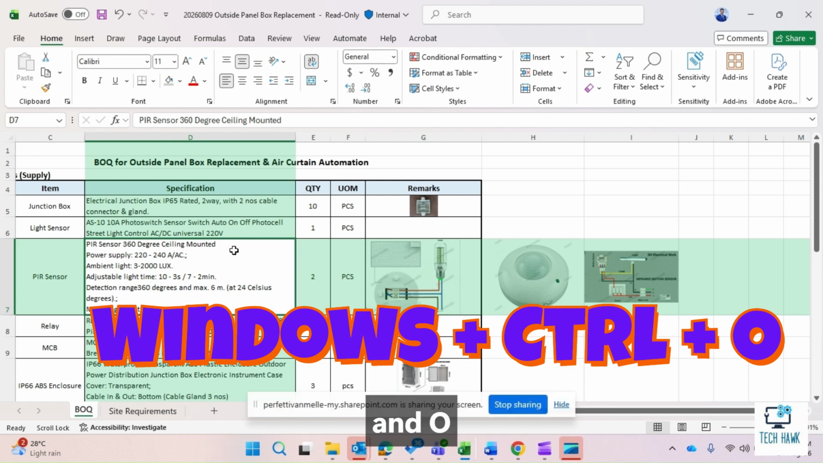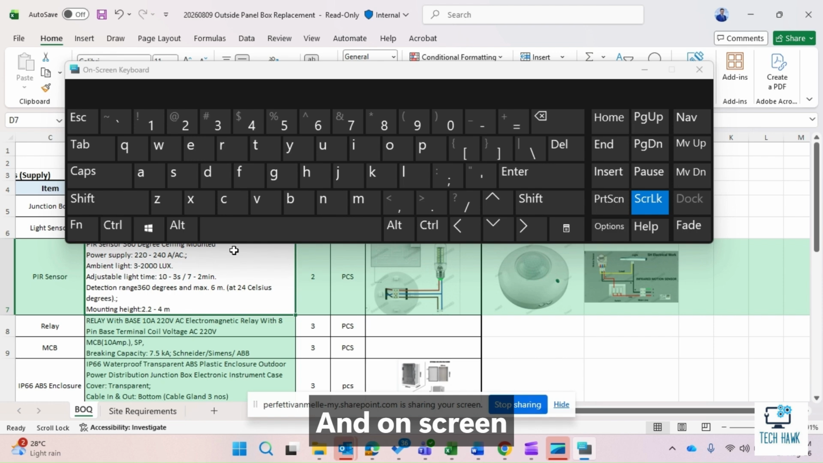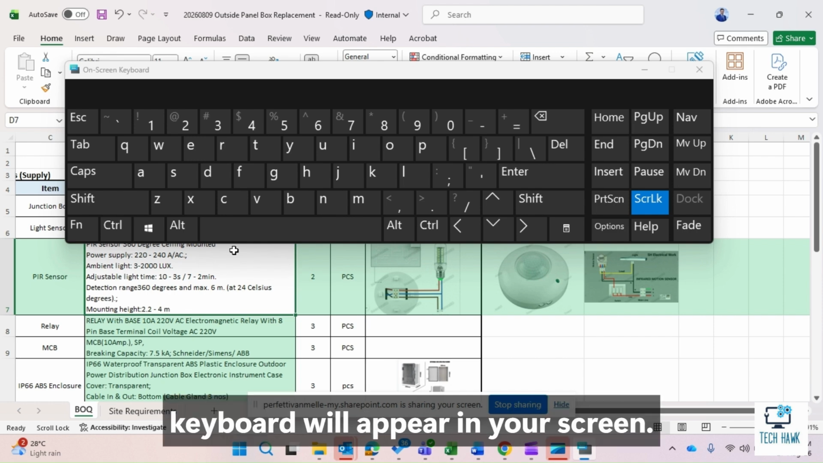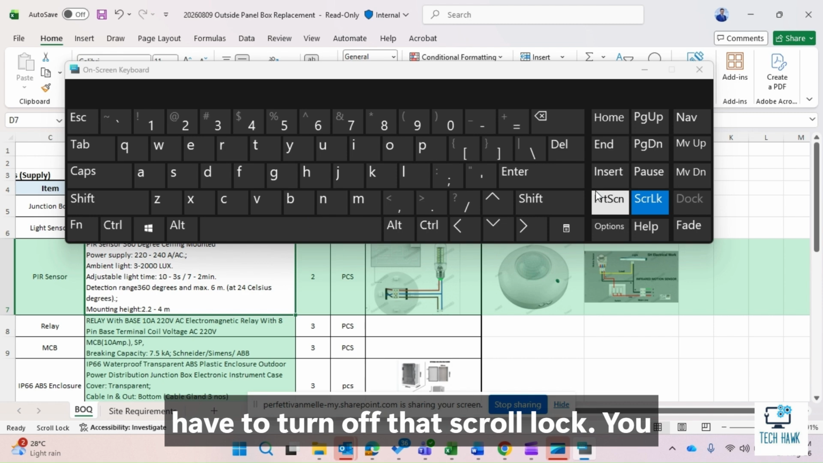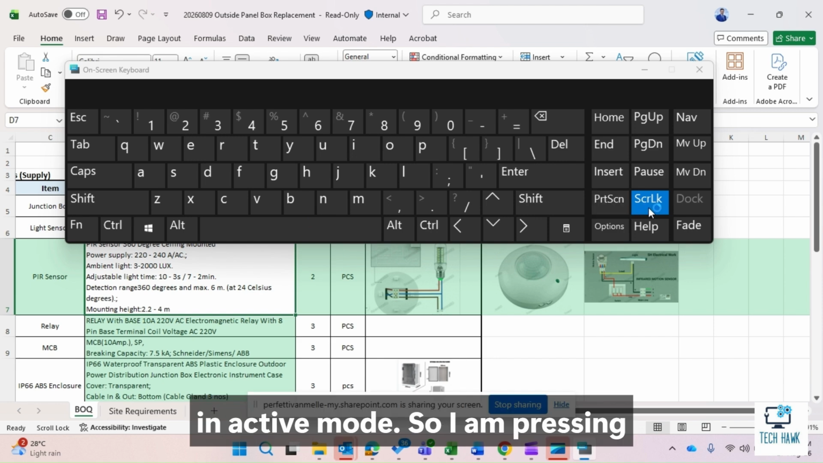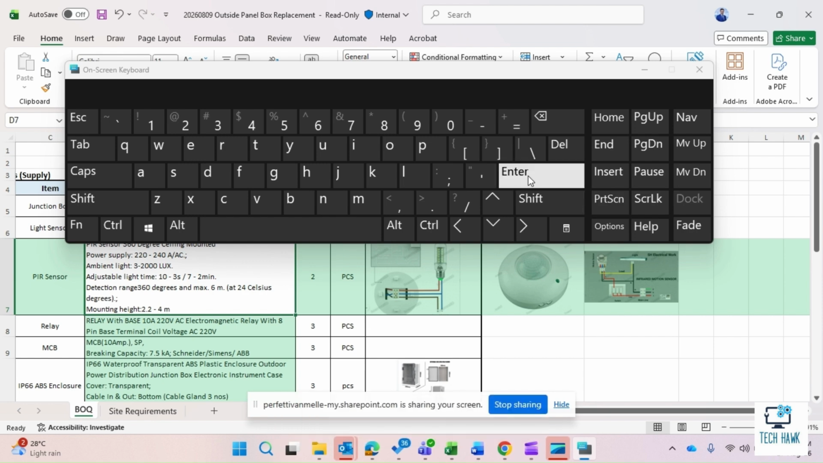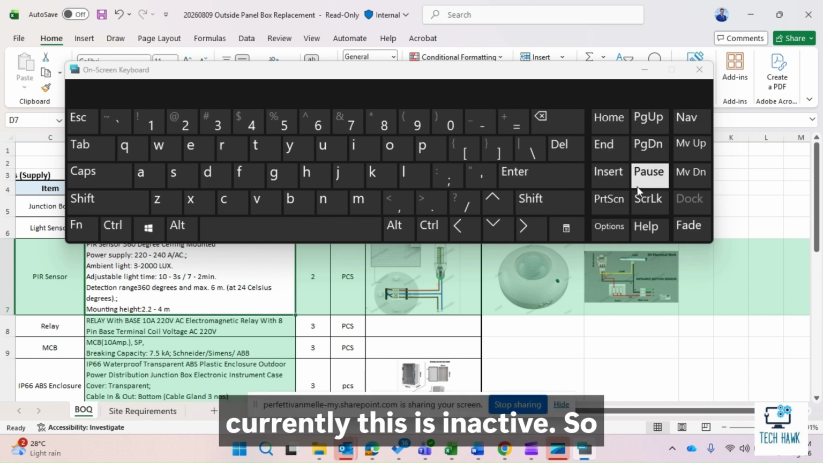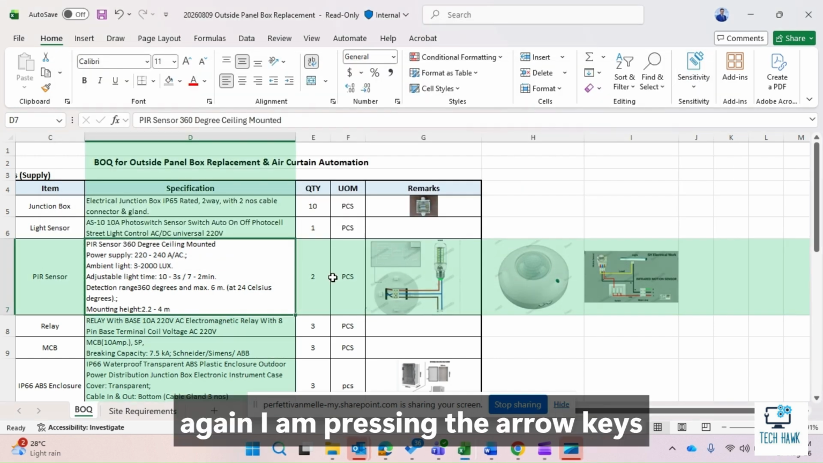and the on-screen keyboard will appear on your screen. This is a virtual keyboard, and from this keyboard you have to turn off ScrLk. You see, this ScrLk is currently in active mode. So I am pressing that ScrLk and currently it is inactive, so I am closing this, and again I am